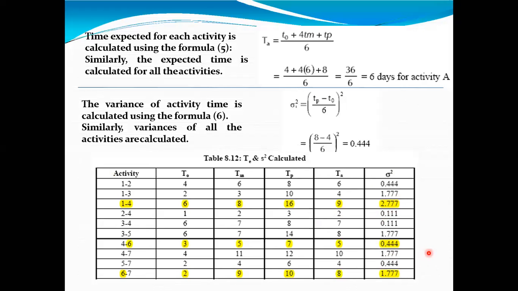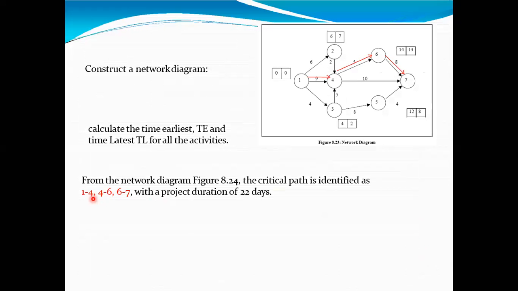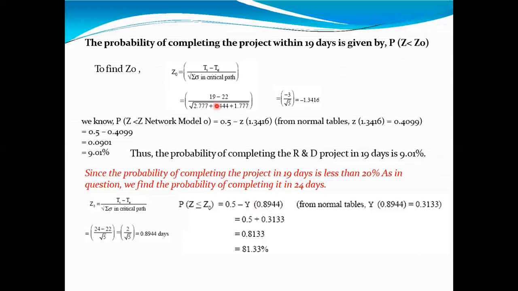Because these are the values for the critical path activities, and the duration is 22 days. Once you put these values in this formula, TS is asked for 19 days. So 19 minus the total time of the project, 22 days, divided by the root of 2.77 plus 0.444 plus 1.777. So the summation of these